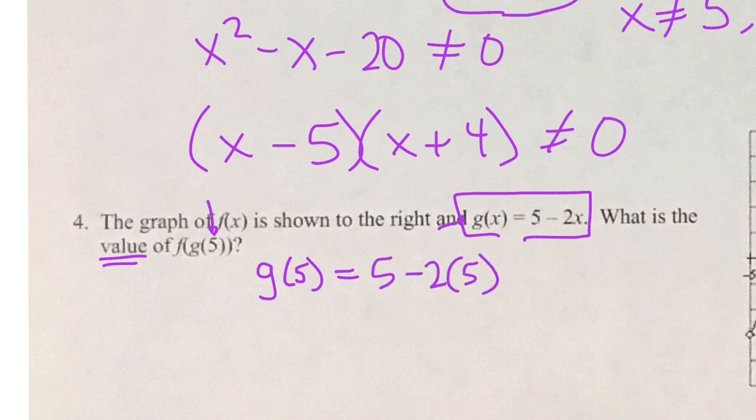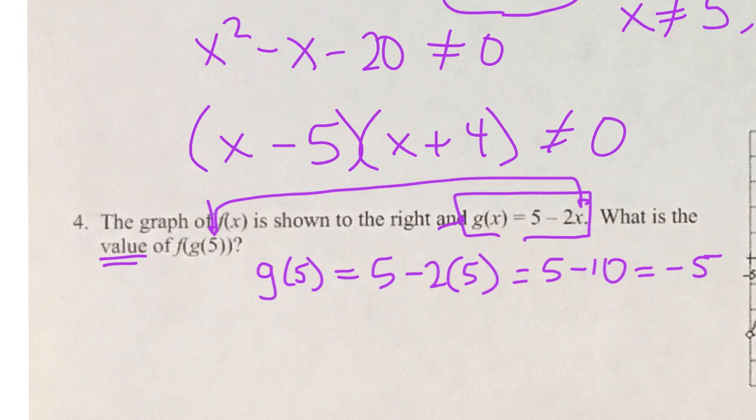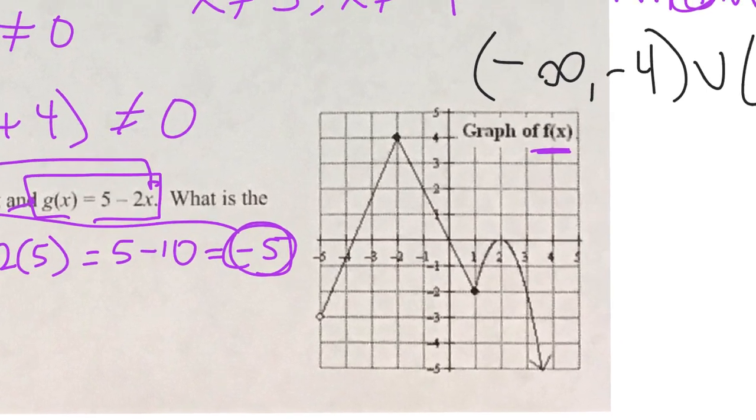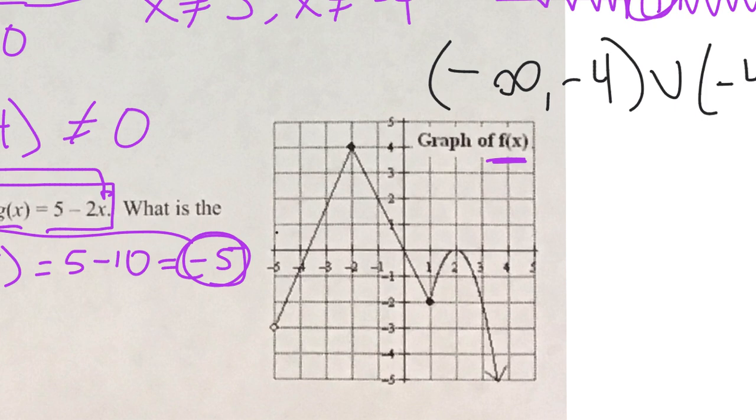Okay, the g is given to us by an equation, so we plug 5 into your x, right? This is part of your function notation. 5 minus 10 is negative 5. So now I'm looking for what is the value f of negative 5. Whatever our y value was from the g, that gets put in now for the x value for f. So f of negative 5, here is where x is negative 5,